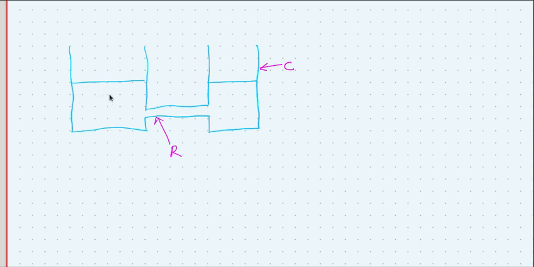So we have begun our experiment, and now we have the experiment in equilibrium state. That means the water has displaced from the tank where water was in excess to the other side, and now finally we have a situation where the water levels in both the tanks are equal. The height of water in both tanks is equal, and that's what we call equilibrium state.